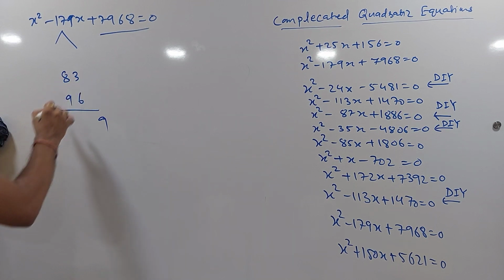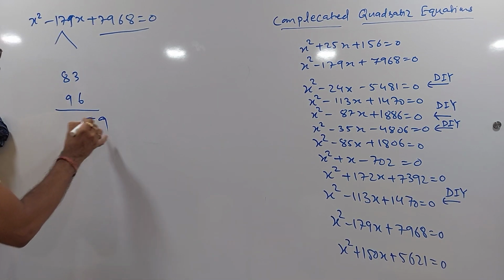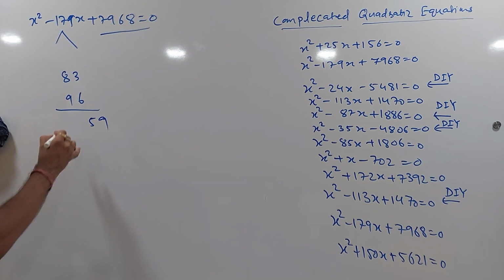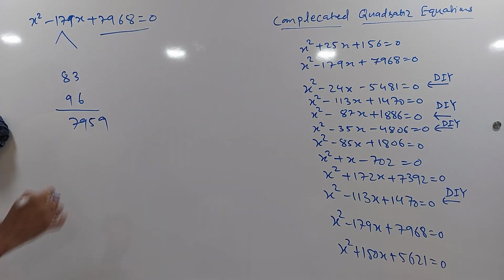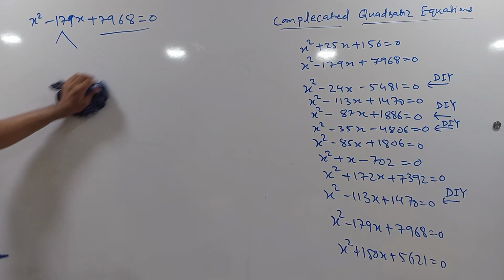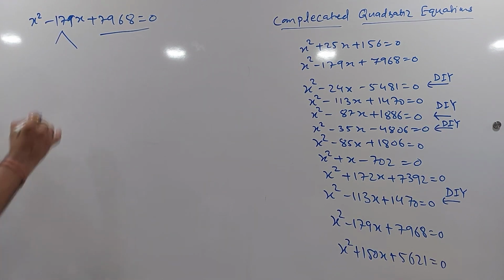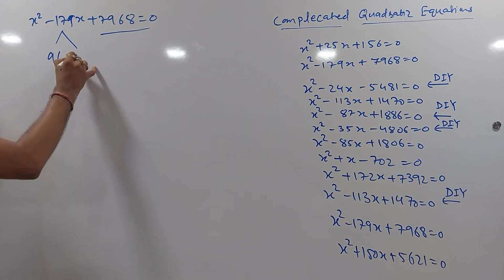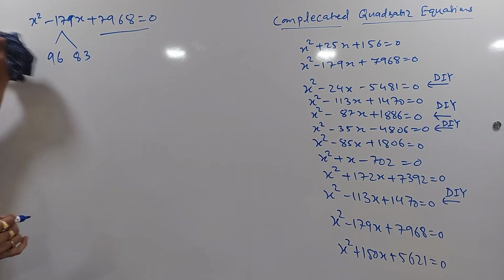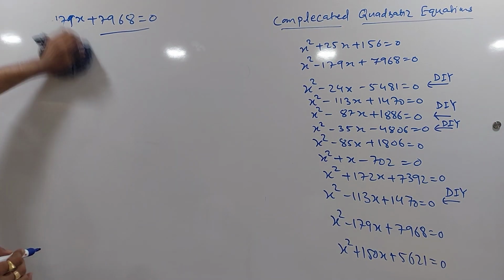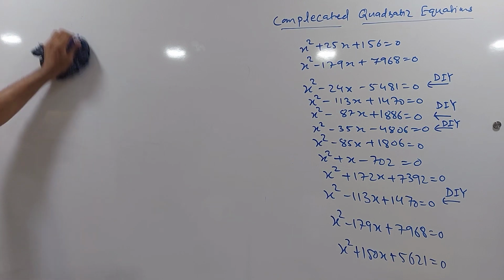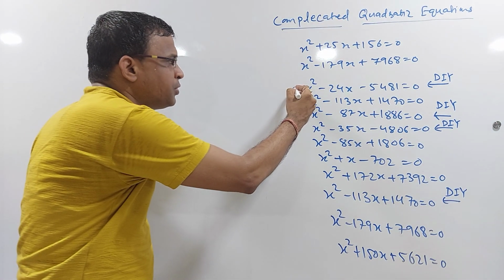9. Then it comes 75, by 7 and 790. Fine. So it's 6 3 is 18, 8, and then 6 7 9 6 30. Perfectly correct. So we got our answer. So it's 96 and 83. Fine, so you can just go with your split. This is the way you can do it. I have taken various combinations and we got the answer. So this is your DIY.